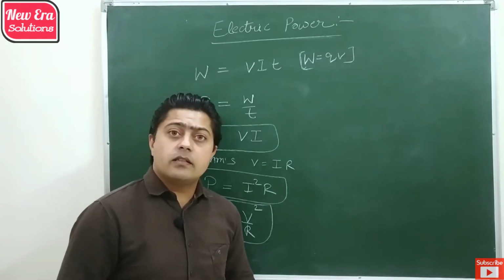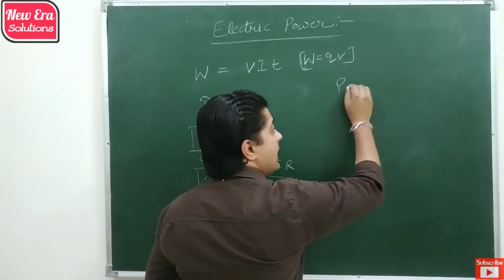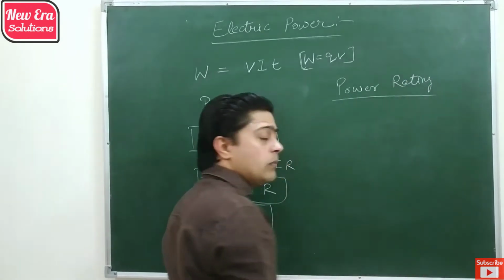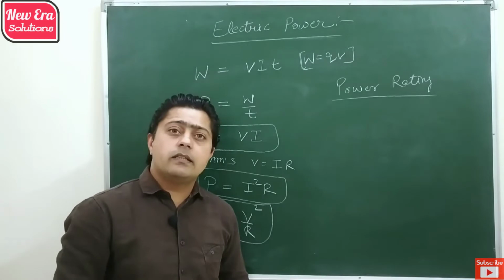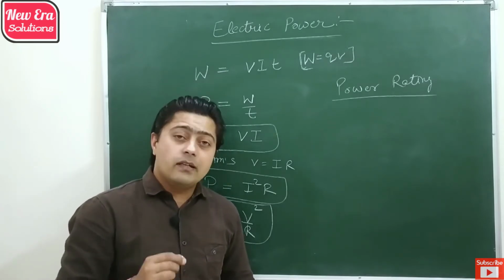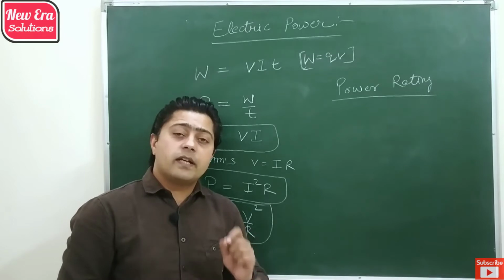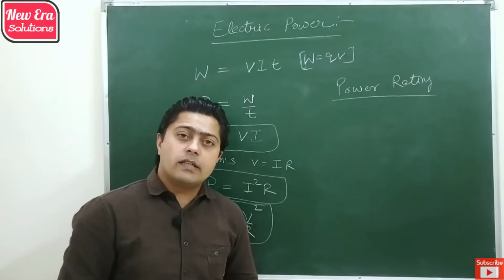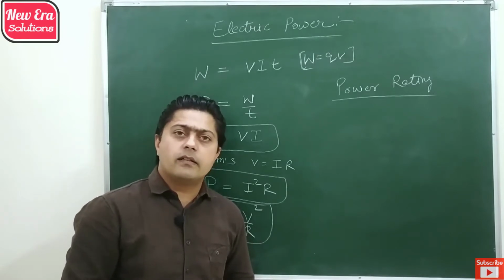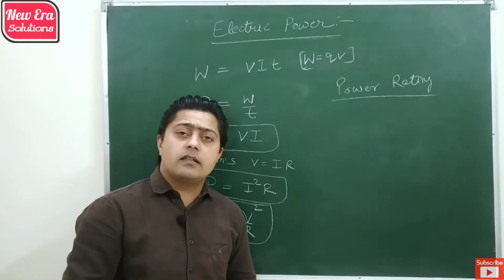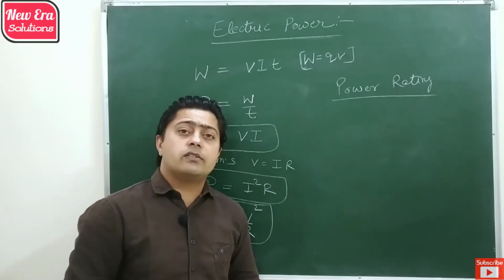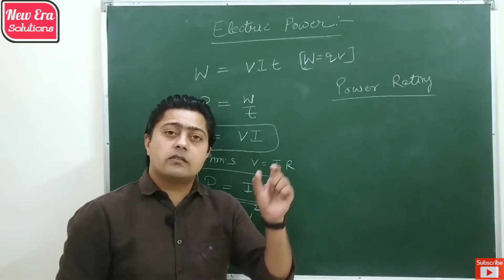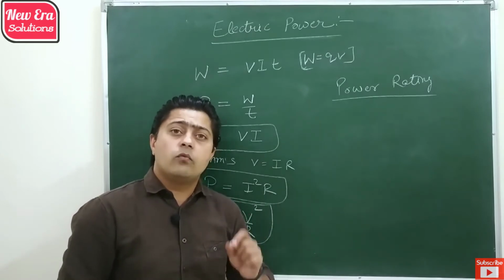For the electrical devices, we also use a particular term that is called power rating of the device. So power rating of the device is basically the amount of energy consumed per second by the device at a fixed voltage. So the voltage is already marked on the device. So if you observe on all the devices like electrical charger, bulb, fan, there's already electric power, voltage and current mentioned, which shows that when that device used at that particular voltage, it shows that much power. That means it consumes that much amount of energy in 1 second.